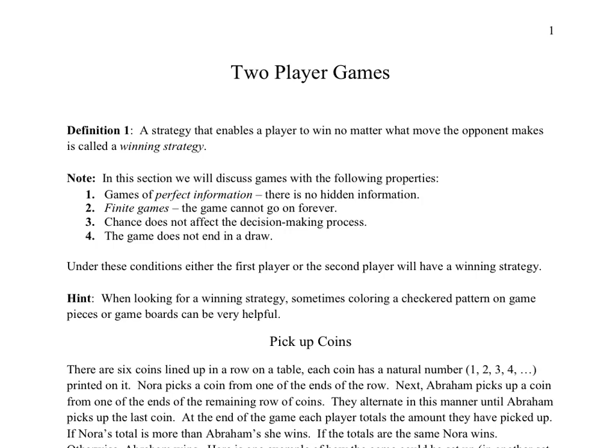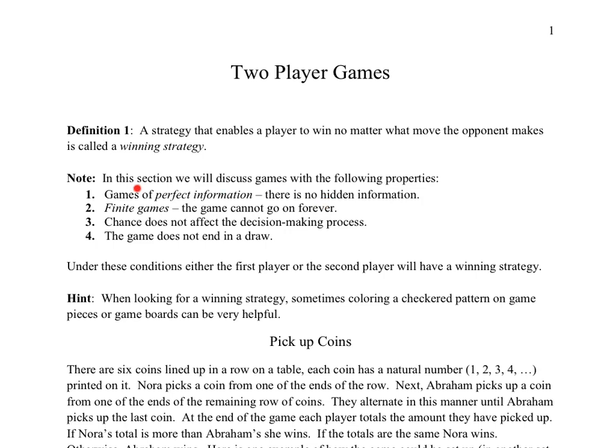So also we're not going to be rolling dice or flipping coins in our decision-making process. There won't be any chance affecting the decision-making process. You can think many moves ahead because it won't rely on luck. And finally, there's lots of games that could end in a tie, but we're not going to discuss those here. So we're going to avoid draw games. Or we'll design the rules so that there's always a winner.